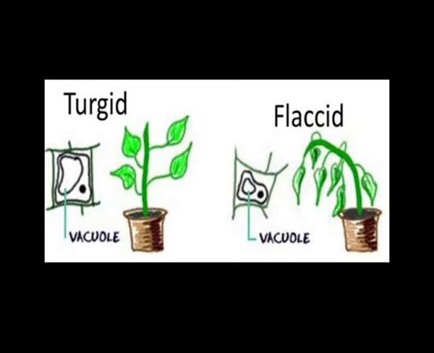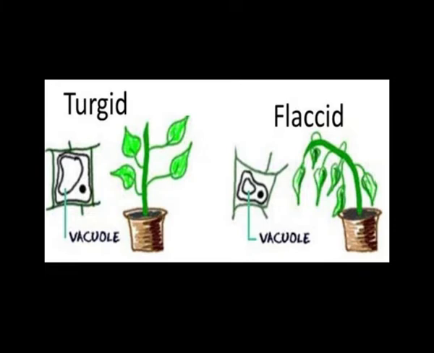Now let us see the box on page number 45, plasmolysis in practice. See, in your kitchen also we do this type of plasmolysis. What is that? Salting of meat or addition of salt to pickles is a method of killing bacteria by plasmolysis. That means if we add salt, water is drawn out of the bacterial cell and the bacteria die. Thus the meat or the pickles remain fresh for longer.